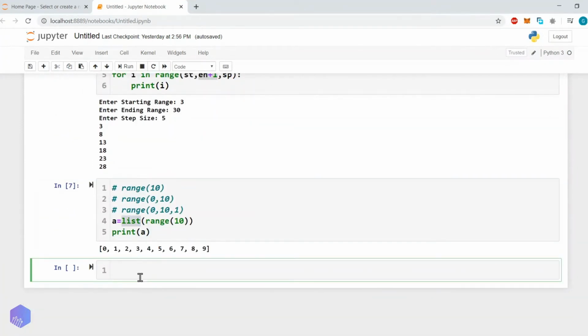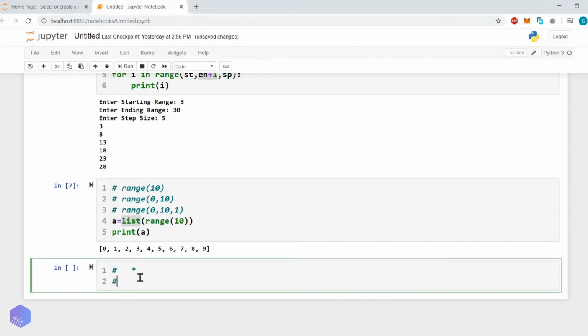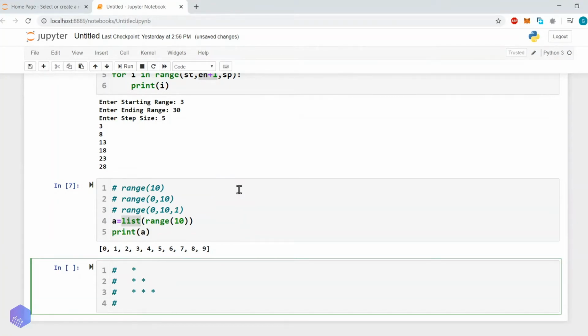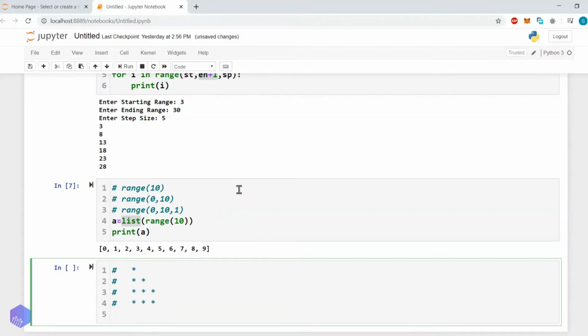For example, let's say we want to generate the following pattern, which we have done many times. We normally call it a star pyramid.